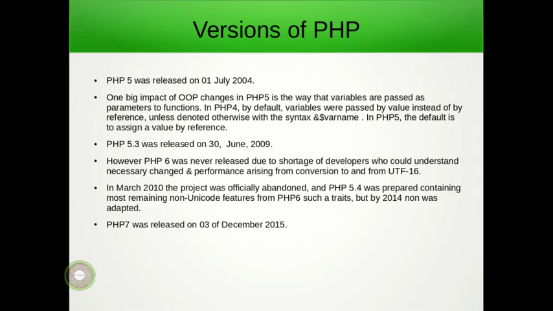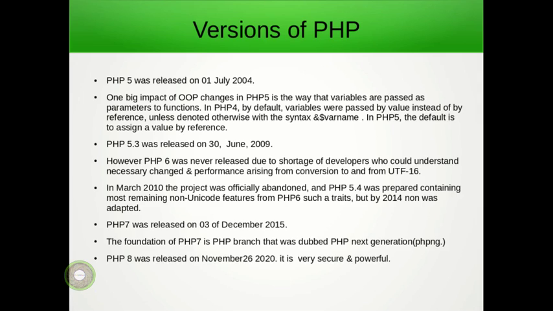Okay, PHP 7 was released on 3 December 2015, so it means 7 years ago. The foundation of PHP 7 is a PHP branch that was dubbed PHP Next Generation, PHP NG. So if you hear PHP NG, it means PHP Next Generation. And I'm sure you're going to see this PHP NG every now and then, here and there,